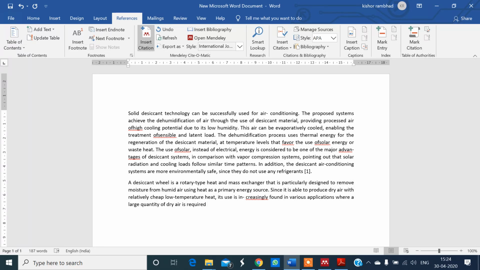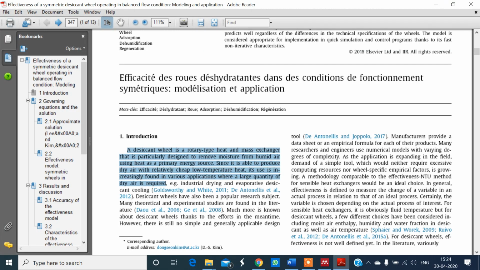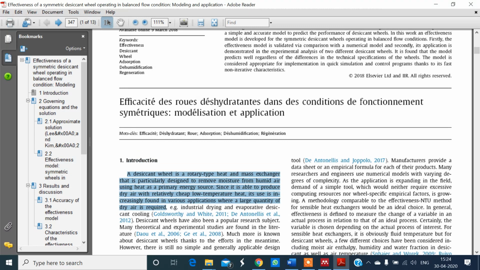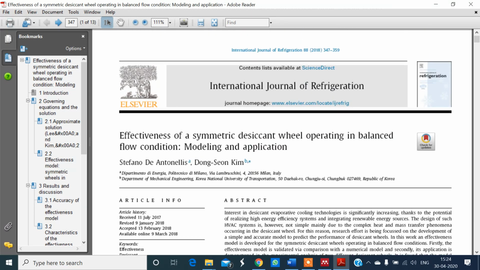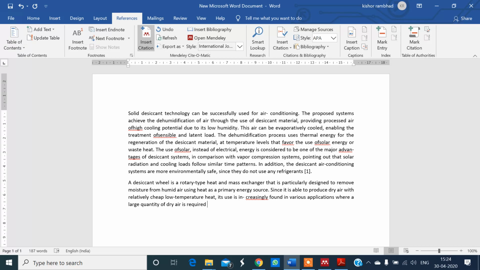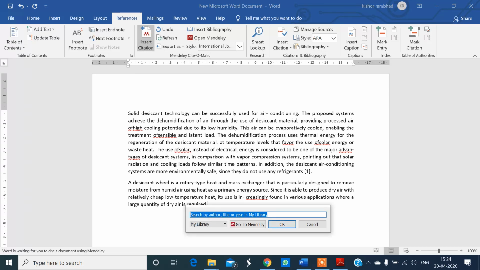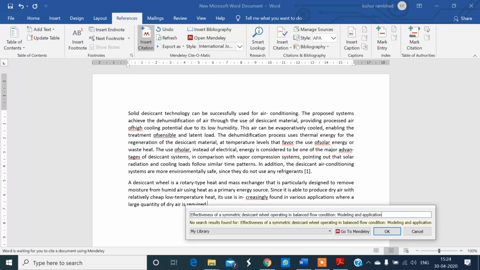To cite it, go to insert citation. You should know the title of the paper or the author's name along with the year. Paste over here.